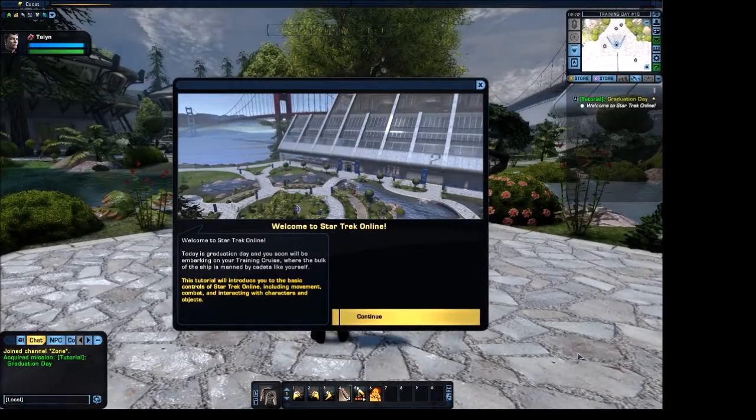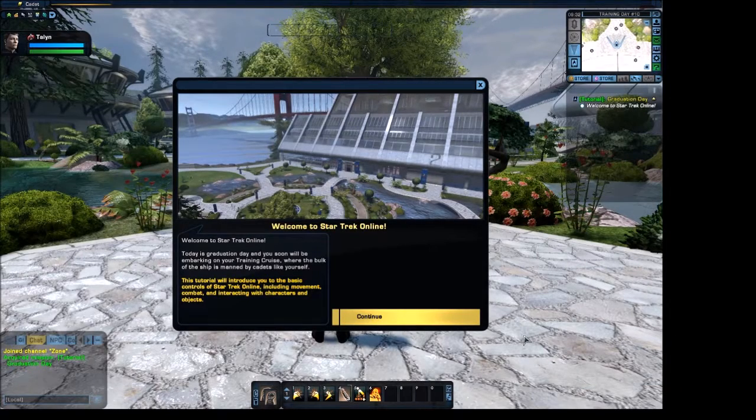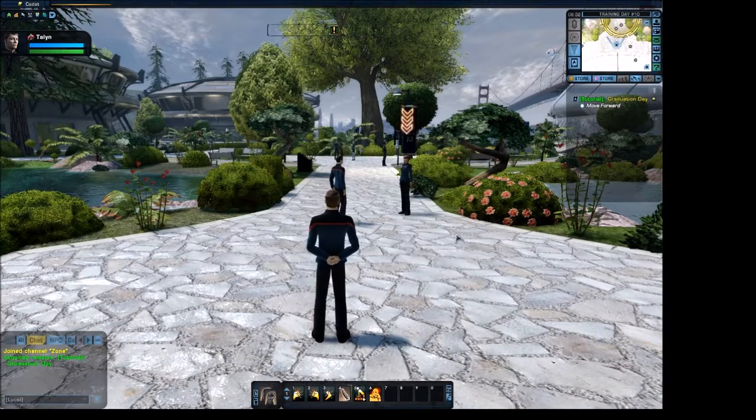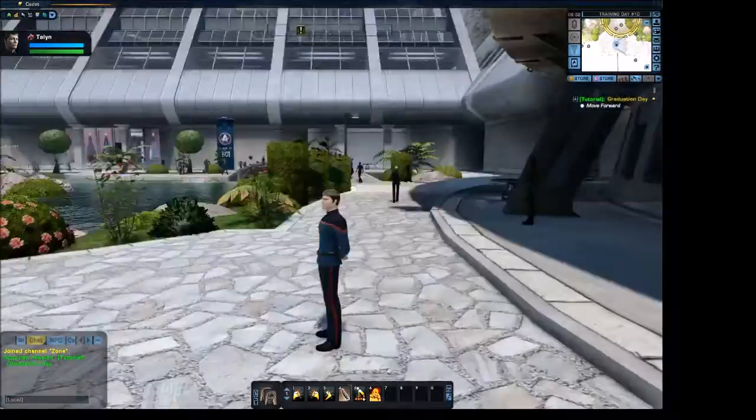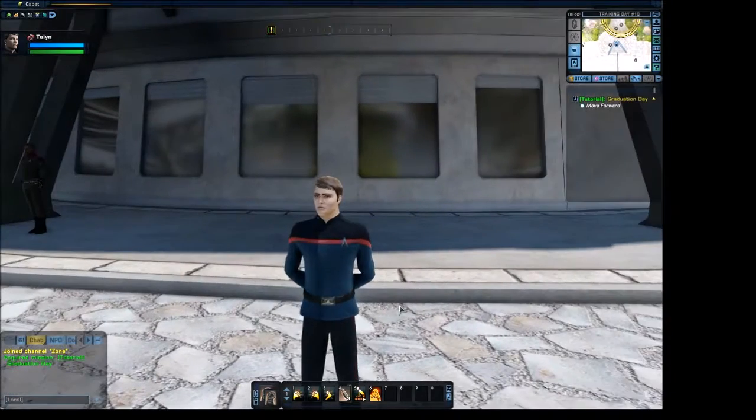Well, welcome to Star Trek Online. Thank you, computer lady. I was just about to read it. Soon we'll be embarking on your training cruise. Please welcome, the ship is manned by cadets like yourself. This tutorial will introduce you to the basics. Now, I'm going to turn off the pop-ups when they pop up because they kind of get annoying. But real quick, let's just take a look at my cadet uniform. I like it. It reminds me of a cross...